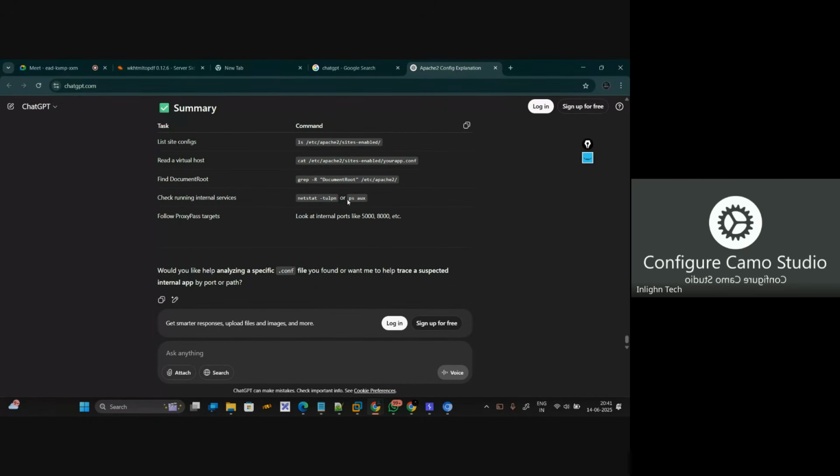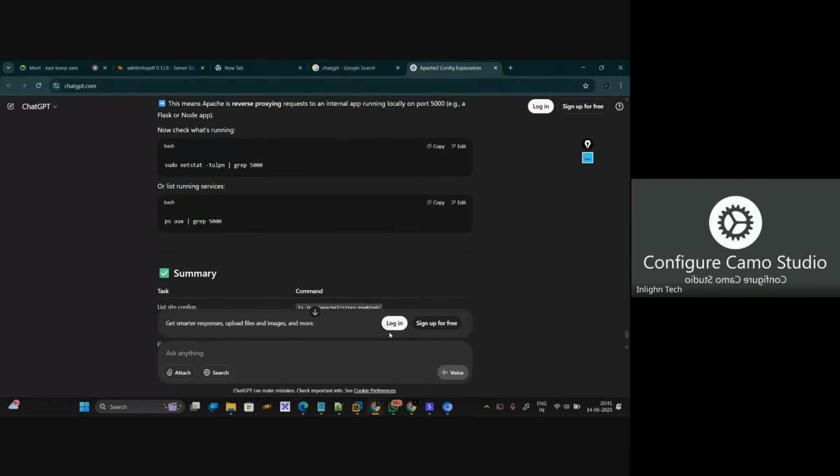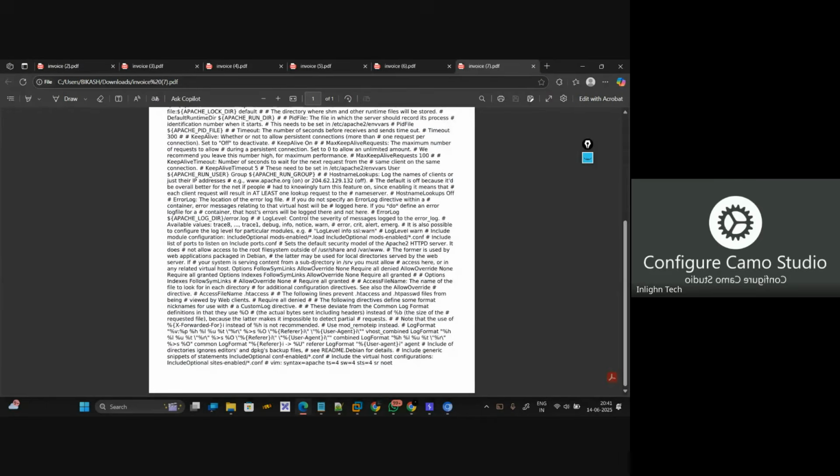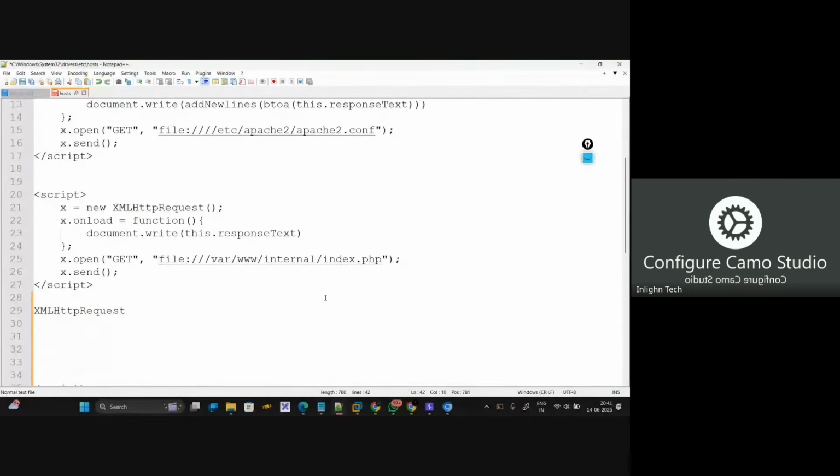So this is how we use ChatGPT in our cybersecurity journey, right? Now, I can simply keep asking ChatGPT to explain this code word by word, and at the end, ChatGPT will show me this thing,